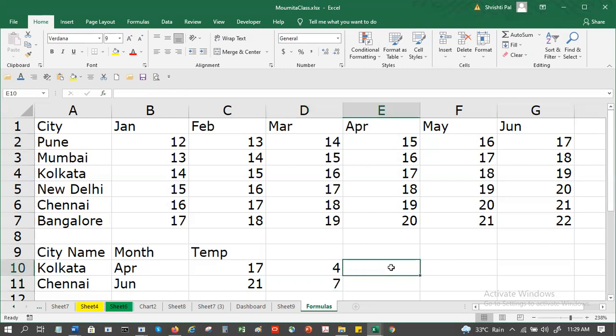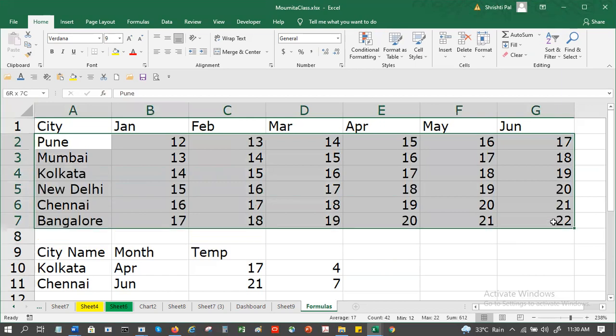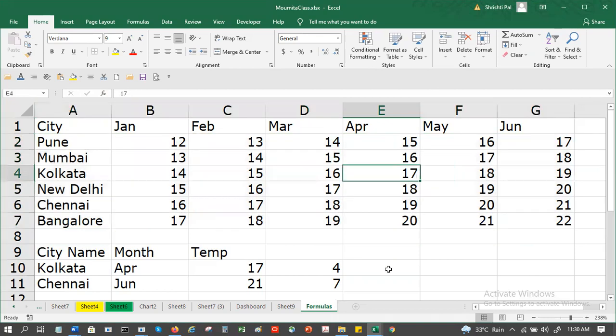But when it's saying number 4, if I don't select city, then it will automatically take number 4 because April is in the 4th column. It will, but it will only take it for the first row. But we don't need it for the first row. We need it for these values, right? But here there is no April. But I want the fourth column, 1, 2, 3, 4, April. So if I would like to check New Delhi in April, let's try this.